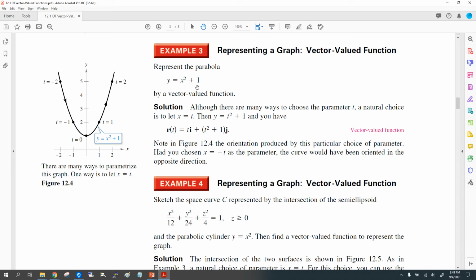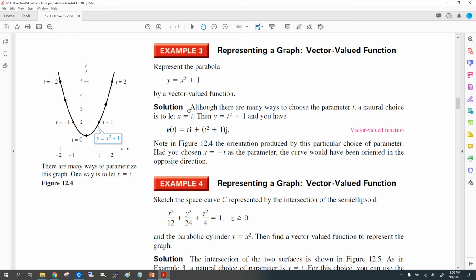Well, what we can do is basically we want to parameterize this function. In some cases, it's really simple, just like this one. Just watch how simple the solution is. The solution is simply, let x be our parameterized value of t. So this is right here. Just let x equal t, right? Because if x equals t, then in our